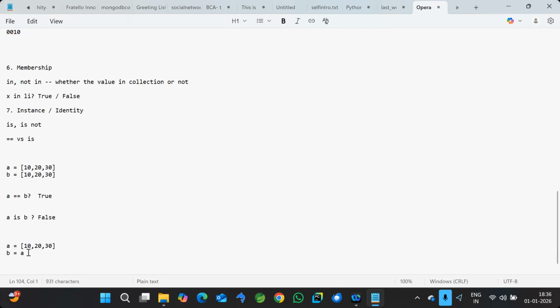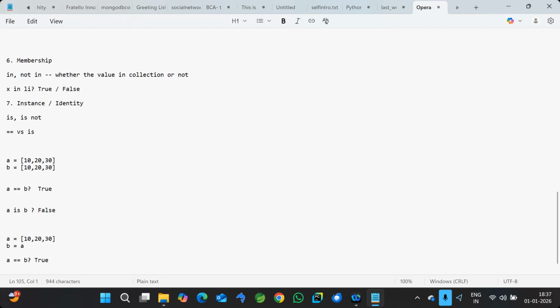I'm copying A into B. I'm not separately creating B as separate data. I'm just taking the A reference as B. Now in this case, if I'm using A equal to B, it returns true because both A and B have the same data. Similarly, if you ask A is B, it will also give you true,